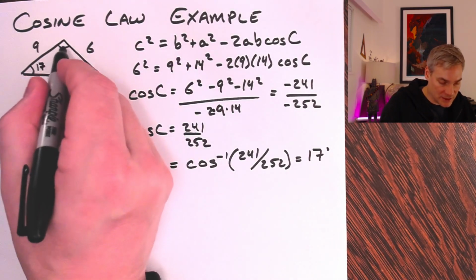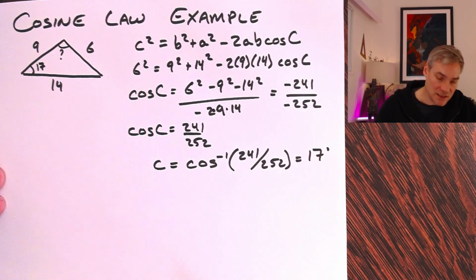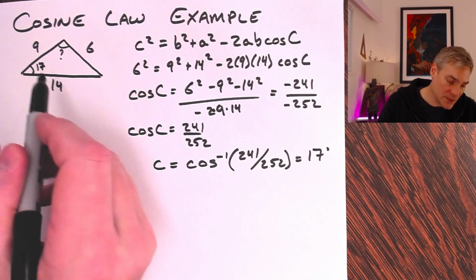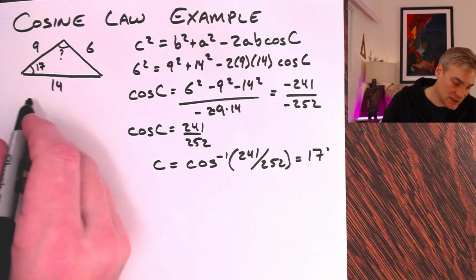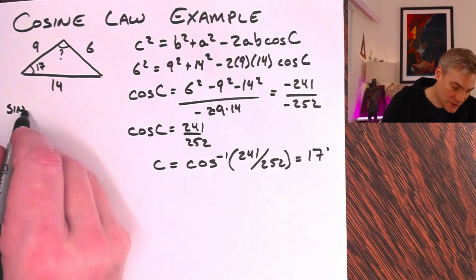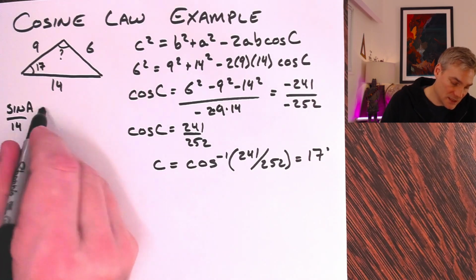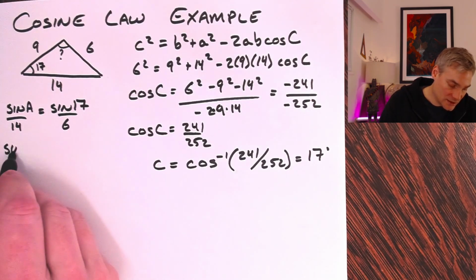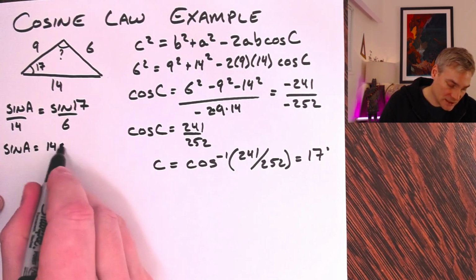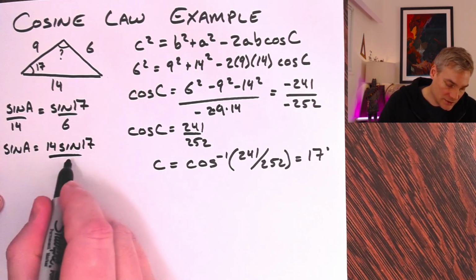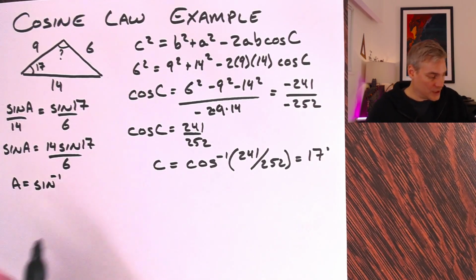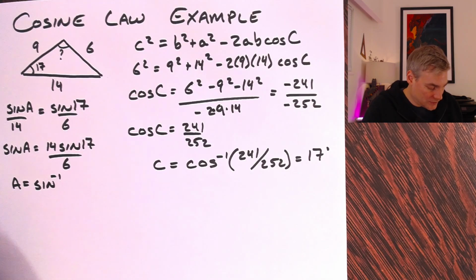Right, now what if we wanted to find this side? Okay, well, do we need the cosine law? No, we can just do sine law now because we have this side and that angle, and we have a side and an unknown angle. So let's say this is the sine of A over 14 equals the sine of 17 over 6. The sine of A is 14 sine 17 over 6. So A is the arcsine of whatever this number is. So 14 divided by 6 times sine of 17,